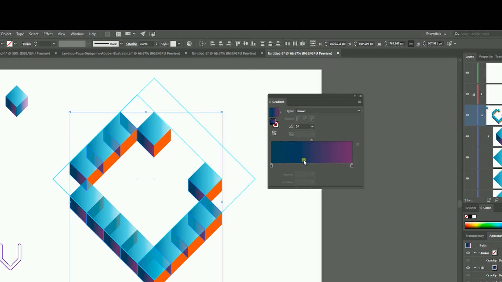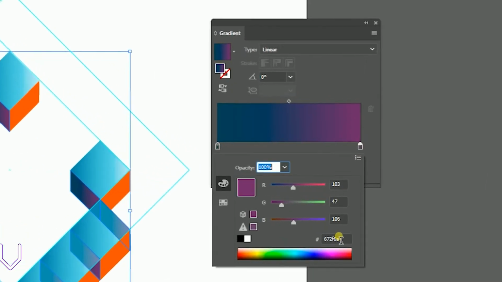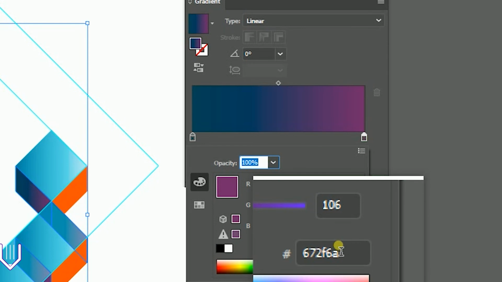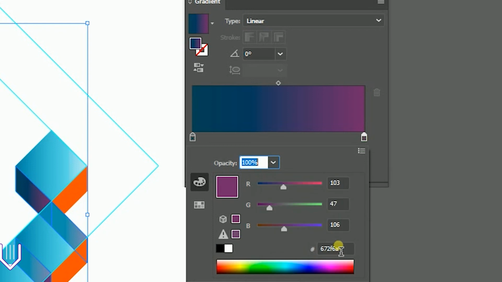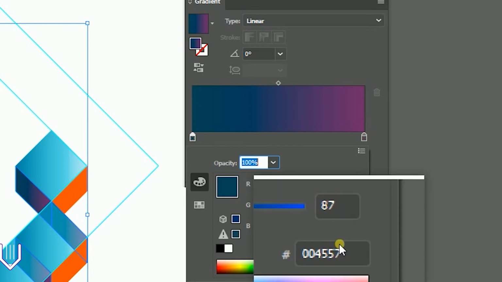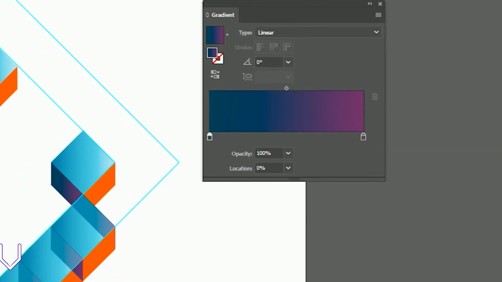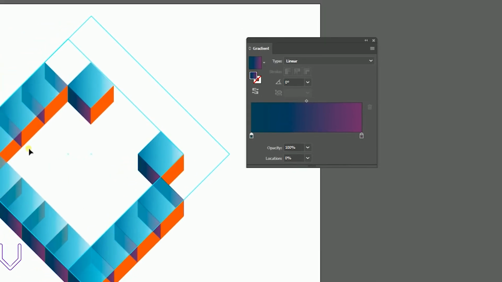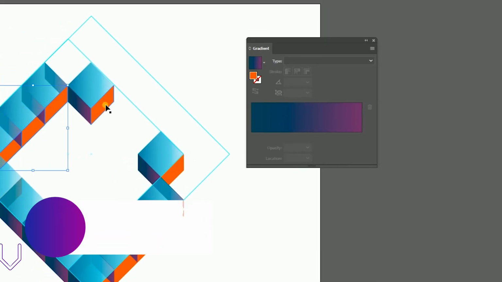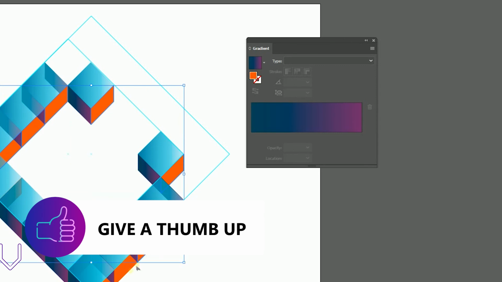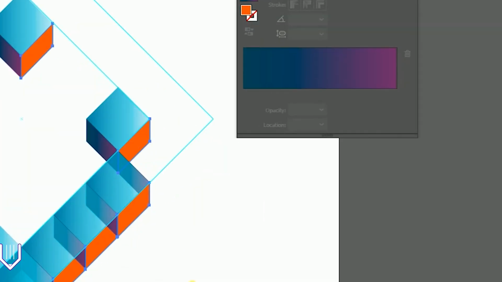Of course, you can play with yours as well. So for this gradient I have everything is 100% opaque. 67 2F 6A on the right and 005457 on the left. Great. Next, well, I already enjoy my lettermark, but let's modify the last